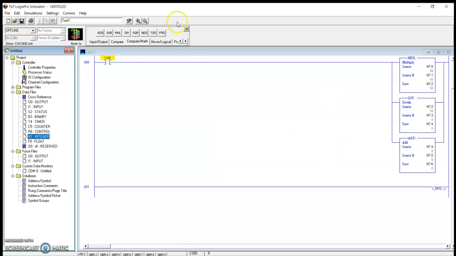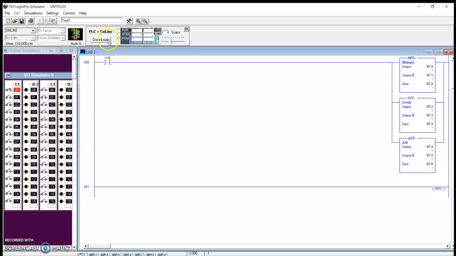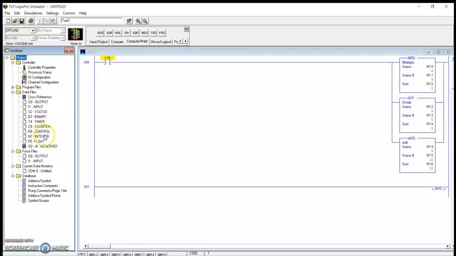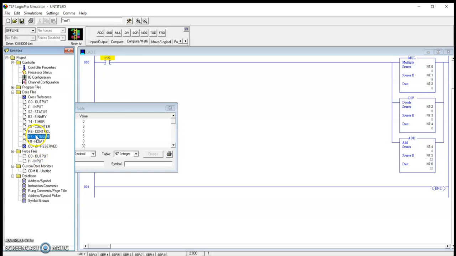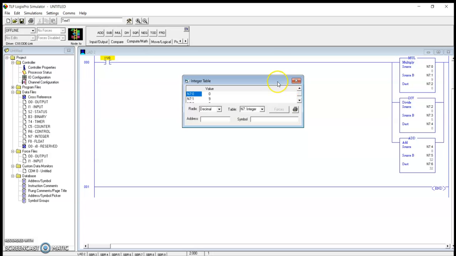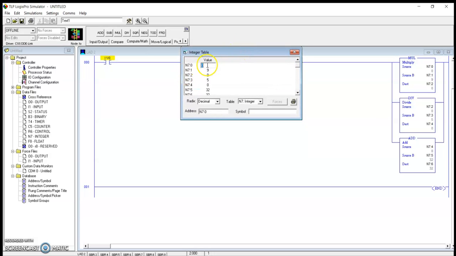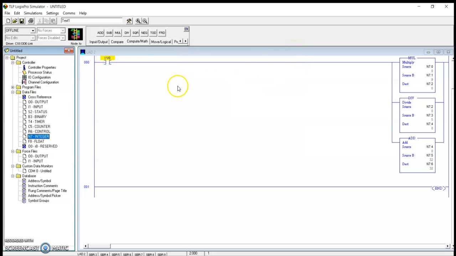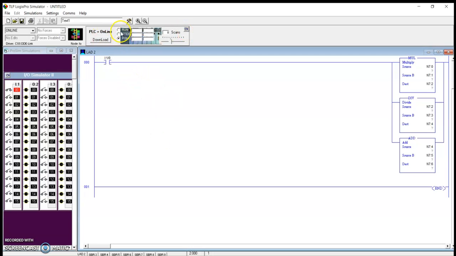Now we have given all the values. We will see our output. Download the program and then run. Yeah, for 0 degree centigrade, we are getting the output 32 degree Fahrenheit. Now we will give some degree centigrade, for example 60 degree Celsius. In N7:0, I am giving 60 Celsius. Now I need to get the value as 140 degree Fahrenheit. If you substitute the value, we need to get that value. Okay. Run. Yeah, 140 degree Fahrenheit.